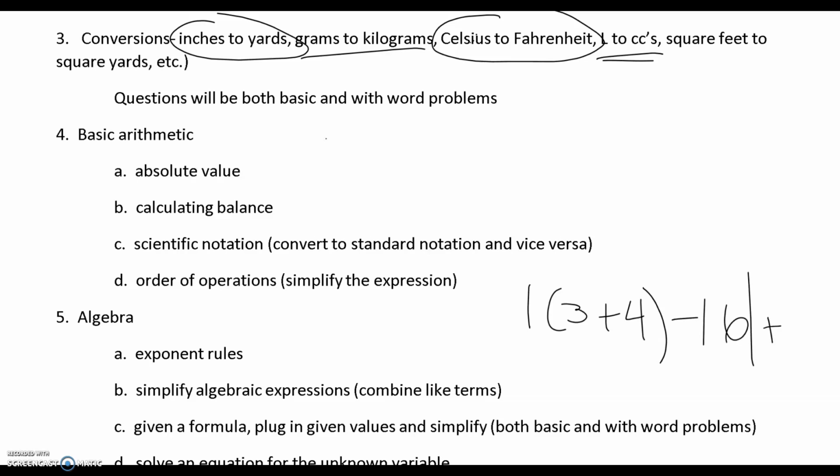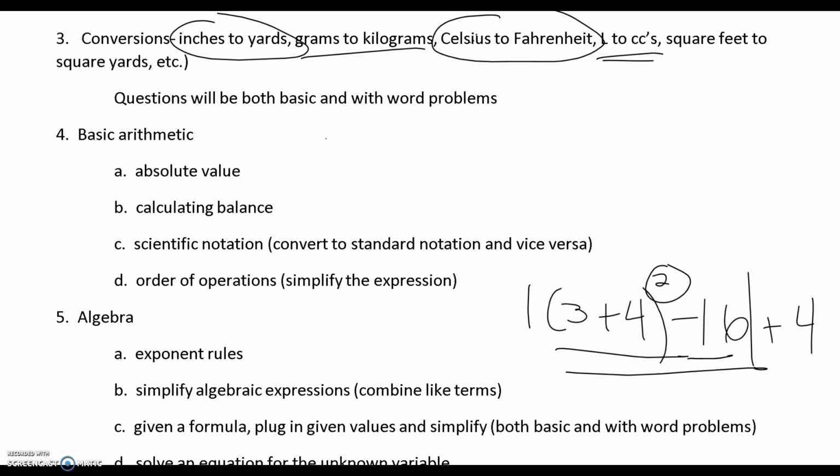Absolute value plus 4, something like that. Maybe you have a squared in there, right? So you always start. It's that "Please Excuse My Dear Aunt Sally" thing where: parentheses, exponents, multiplication, division, same level, addition, subtraction, same level. Okay, so you start here, do the parentheses, do the exponents, then subtract, then take absolute value, then you add